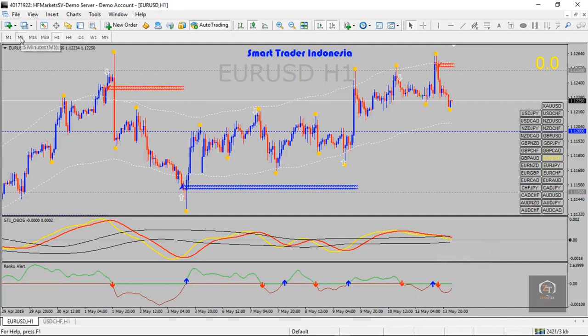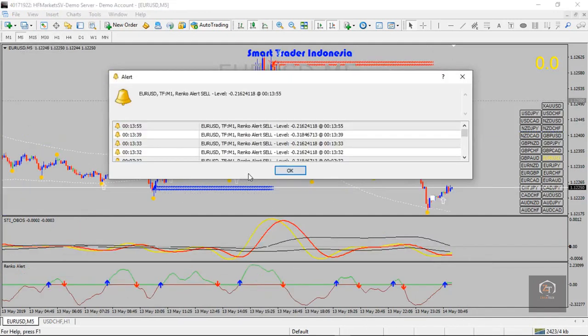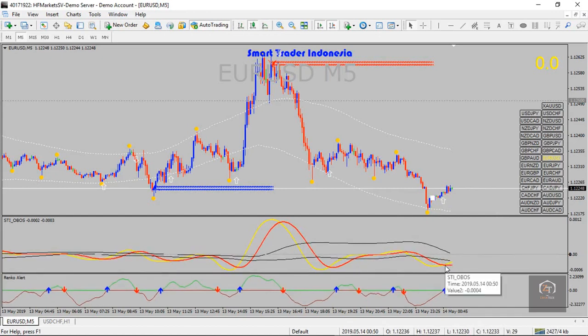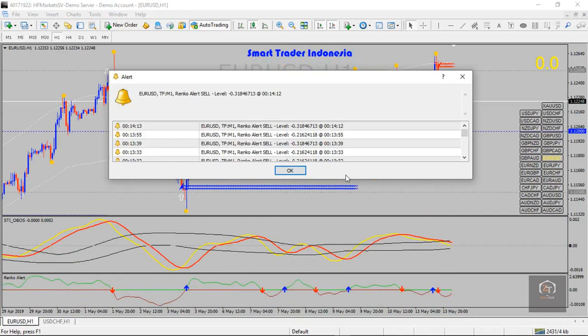Then in 5 minutes, the 5 minute time frame is showing me buy. So this trend is what is showing me buy here. It crosses. You understand? When you see this, it crosses here. So it shows me a buy signal. I maybe have to enter a buy signal, but then in 1 hour time,